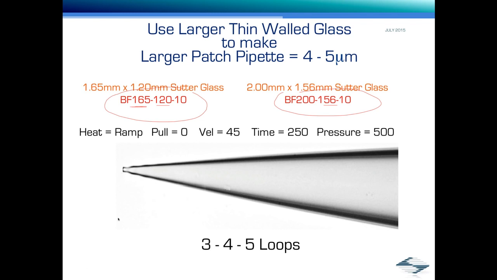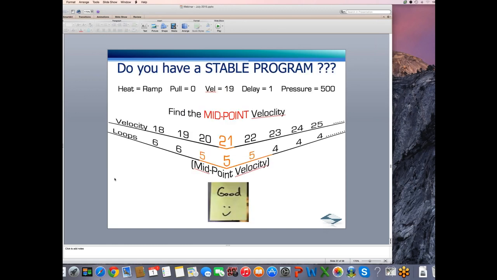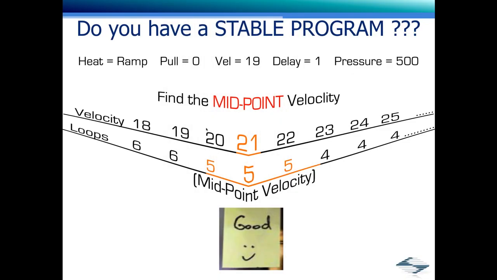Yes. You want to go to page 30 or 31 in your Pipette Cookbook, and you want to find that midpoint velocity. What you really want to do is go through all the parameter settings that allow the puller to loop, say, 5 times, and you go higher and higher in the velocities till the puller loops 4 times. You go lower and lower until the puller loops 6 times, so that you have the entire range that loops 5 times. You pick a value in the middle, and that's going to be stable,